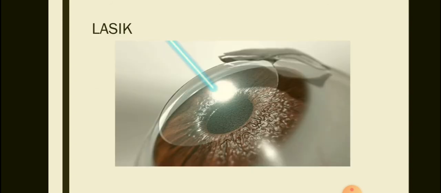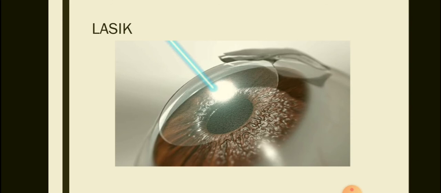Okay, so let's start with LASIK. There is simple LASIK. Here a corneal flap is created, and in the central part of the cornea, which is the pupillary area of the cornea, lasers are used to flatten its surface, to make the light rays get focused on the retina. So this is simple LASIK.